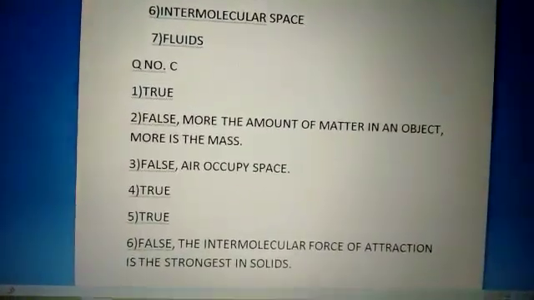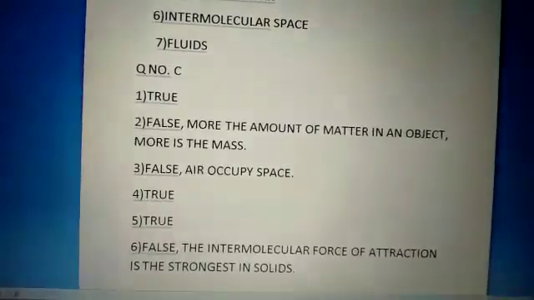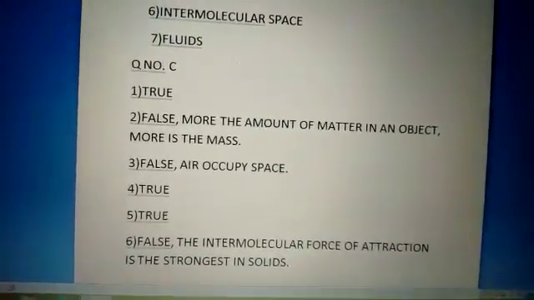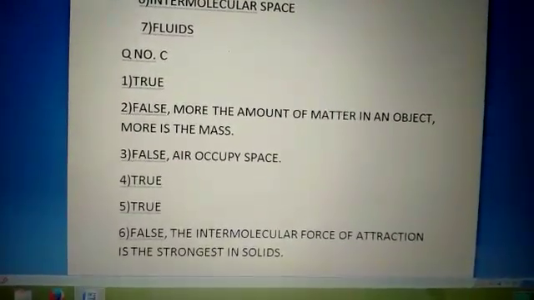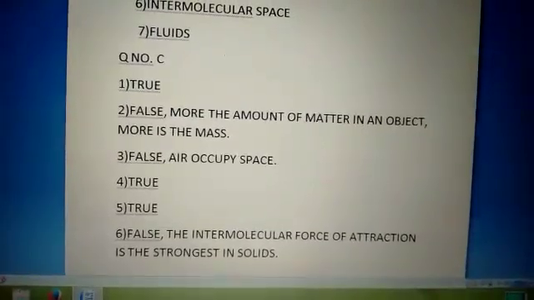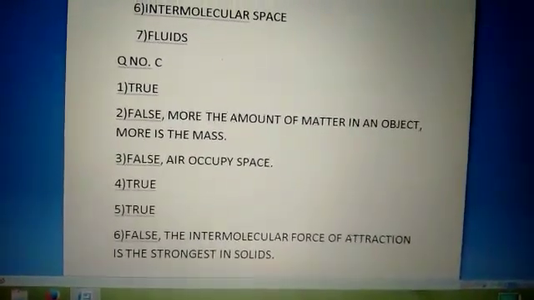The last one, that is sixth one, the intermolecular force of attraction is the strongest in gases. That is a false statement. So the correct statement will be the intermolecular force of attraction is the strongest in